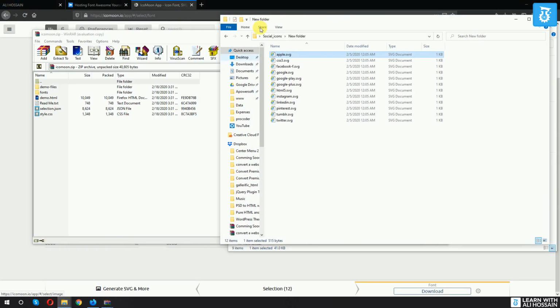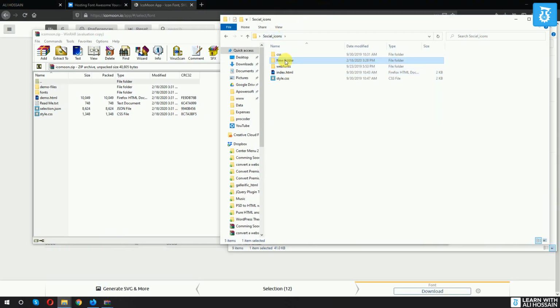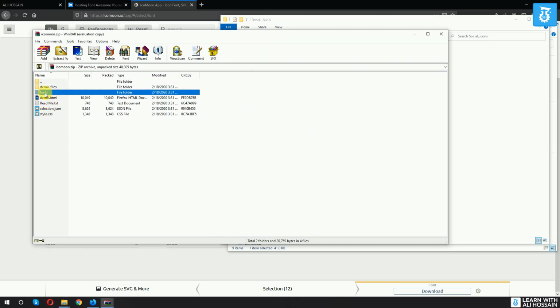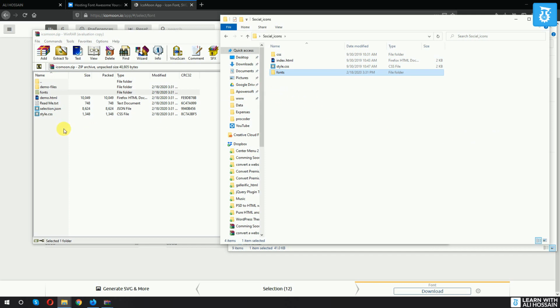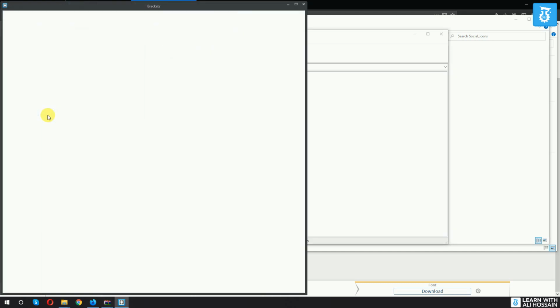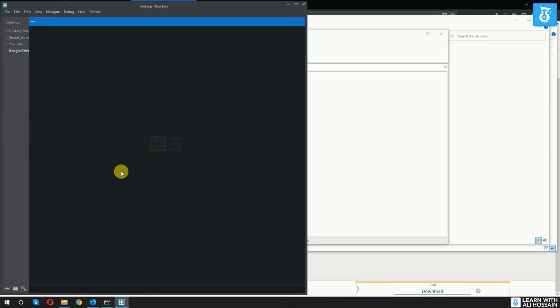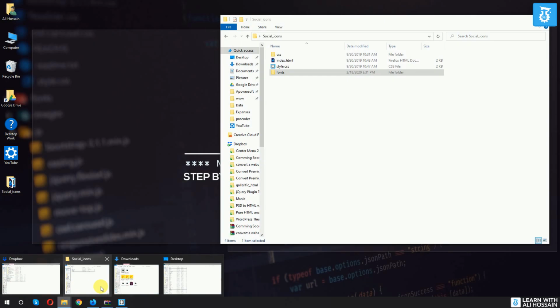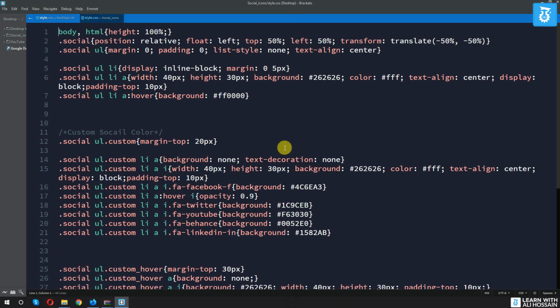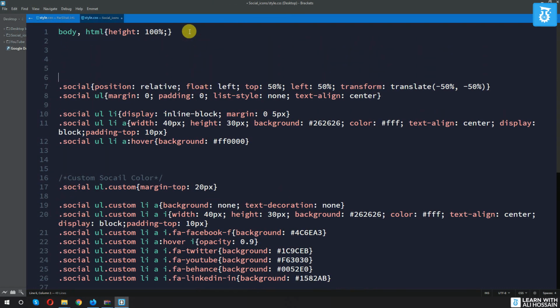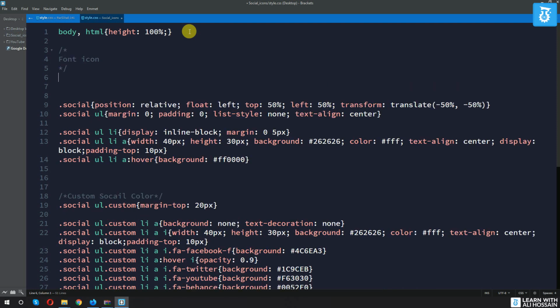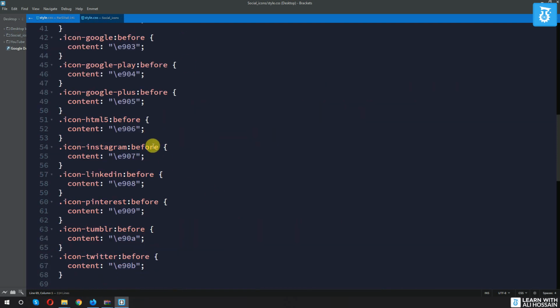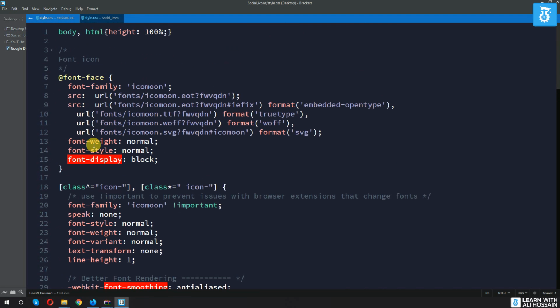So what I will do, as you can see, this is our folder. I don't need the new folder anymore, and also I don't need web fonts anymore. So I will use this font folder here directly, and also I am going to use the style.css file. If I open this, you can see that there is some code, so I will copy all of it from here, and I am going to open our style.css file and paste all of it here. I can add a comment, font icon, and place all of my icons here. Okay, so now all of them are added.